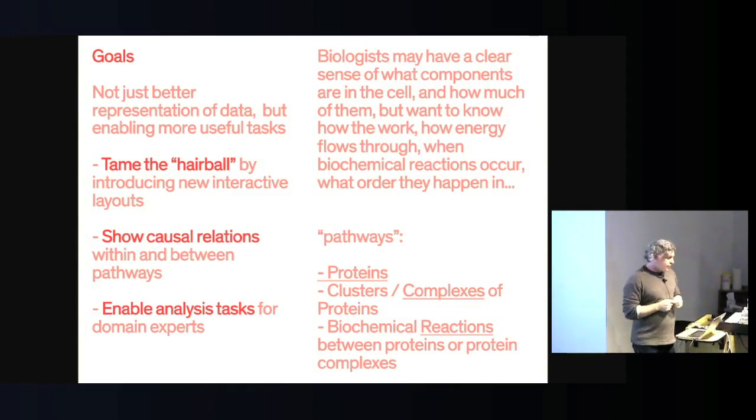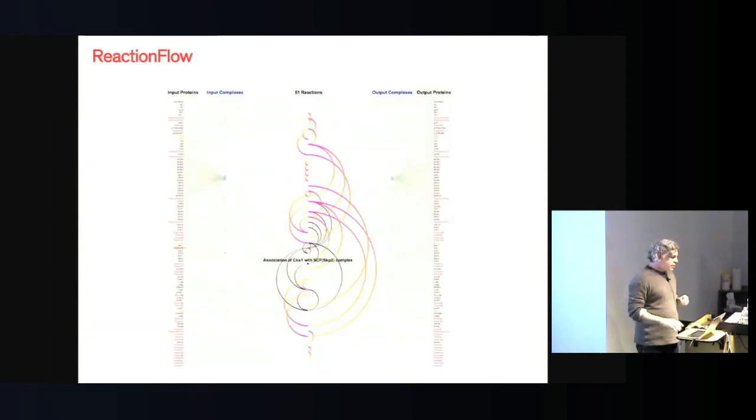So, in sum, the biologists may have a clear sense of what components are in the cell, although actually they really don't, and how much of these components there are, but they want to know how they work, how energy flows between them, how information flows between them, when the biochemical actions occur, what they occur in response to, and what order they happen in. And so one of the first projects that me and my colleagues at UIC worked on